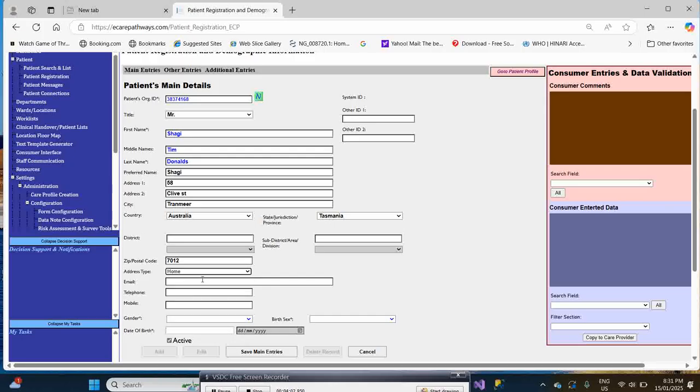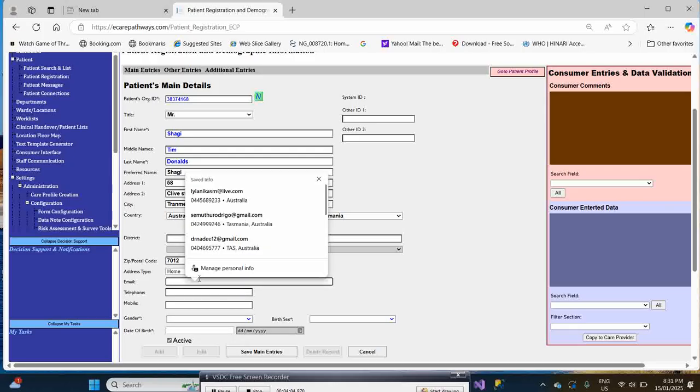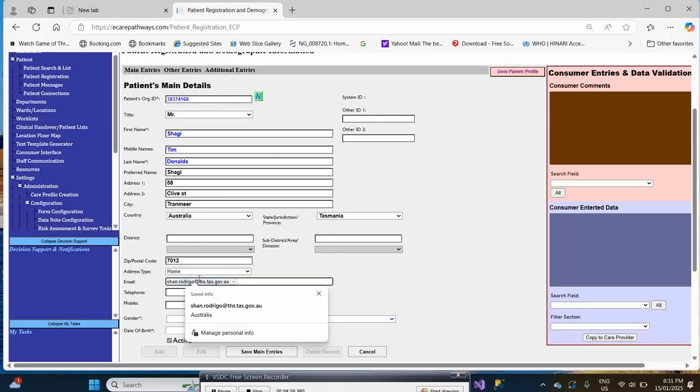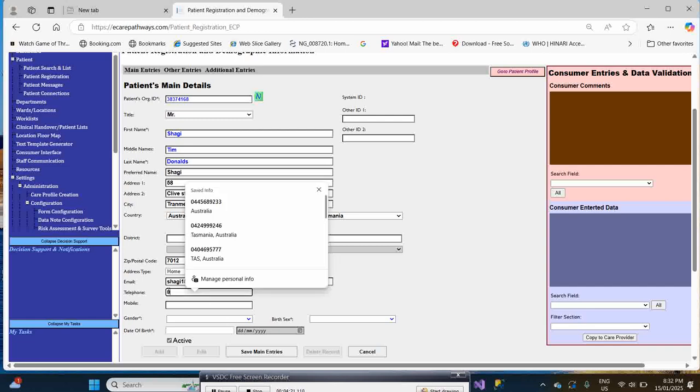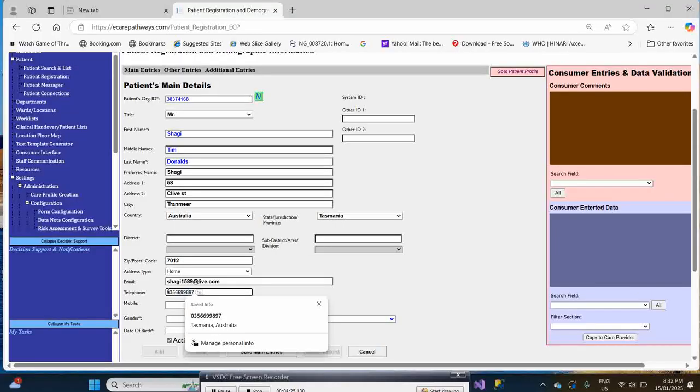Then home address, email. All right. Telephone. You can put the telephone number of the patient, and